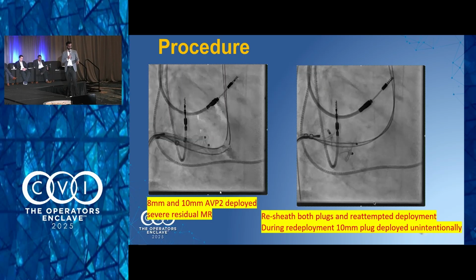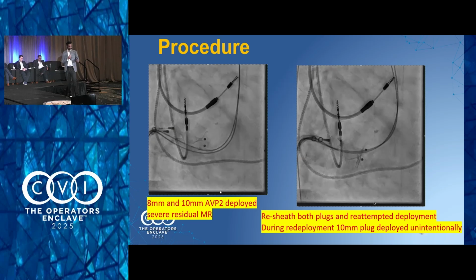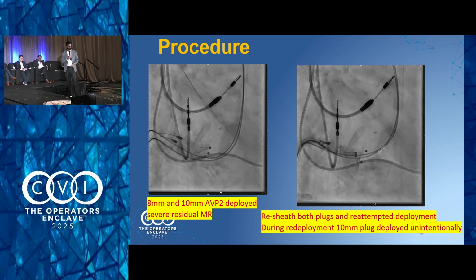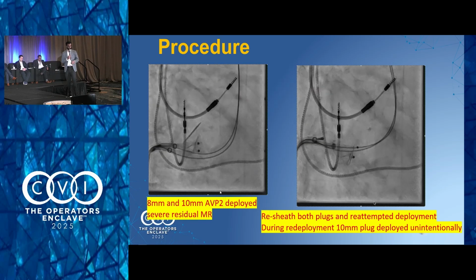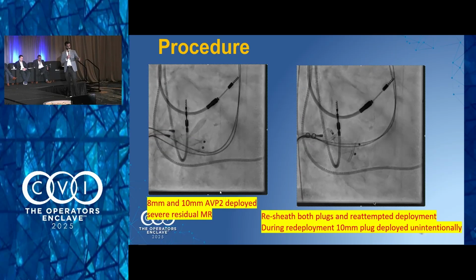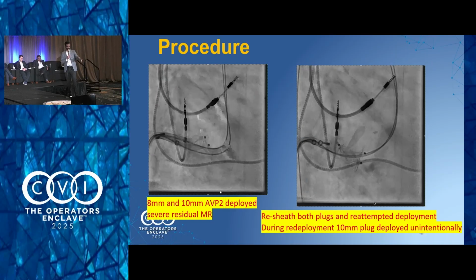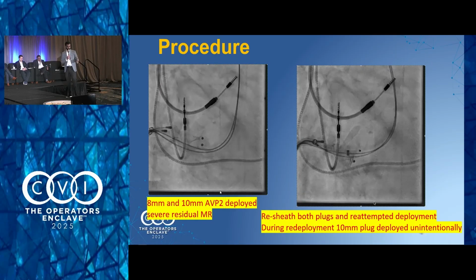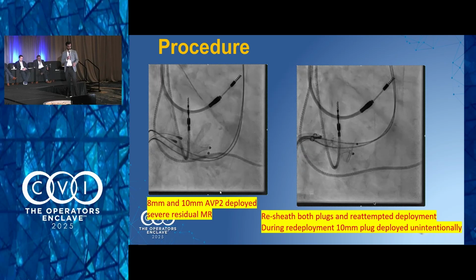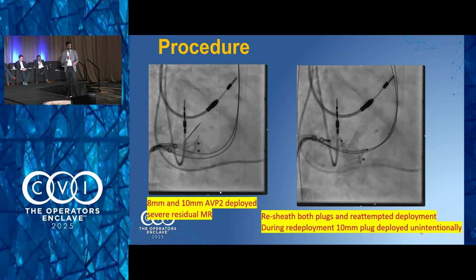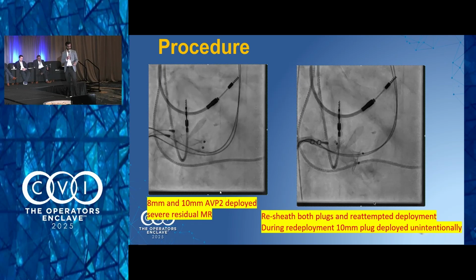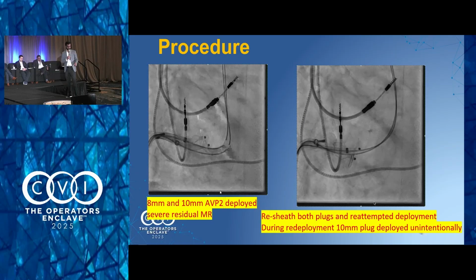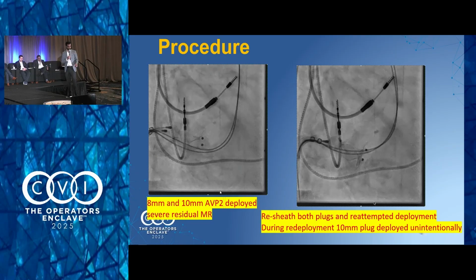I'm doing my deployment and one of the plugs, of course, gets deployed on its own. So now we've got 2 rails. We've got 1 plug that's deployed and another plug that's attached. The one that got deployed was a 10 plug. So, life gives you lemons. We obviously left that behind. Now we have no choice. I resheath. Fortunately, I still have 2 rails. So I resheath